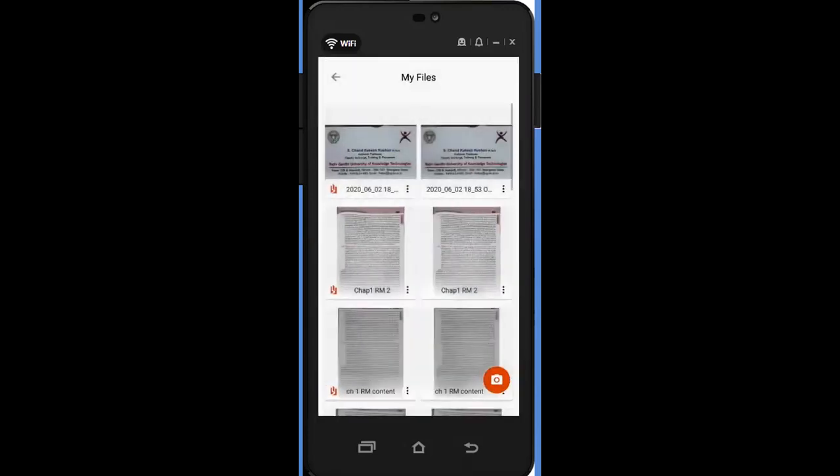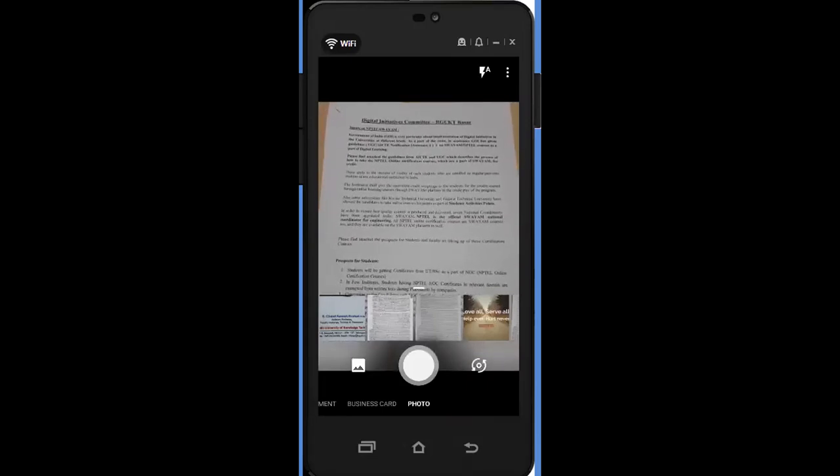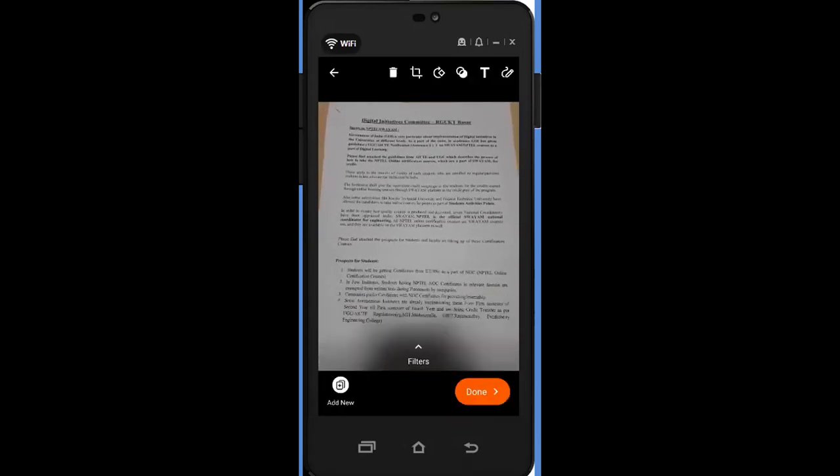Now, another thing I want to do is, let us say I have a document with me. So let me have the document. And this is one more beautiful aspect of this tool. So let us say I have the document. Now let me scan this document. And so let me scan it. And so let me say done.